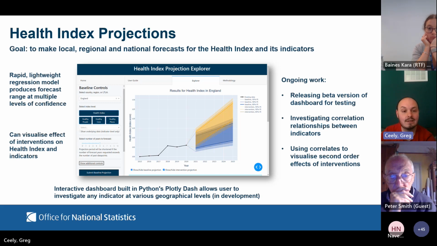So the image on this slide is a screenshot of the model in its current form, and the model is currently hosted online in a private beta, where anyone who is interested can access it for user testing if they provide us with their Gmail account. So if this is something you would like to support, please provide me with your email address and we can get you set up and exploring what this tool can do.